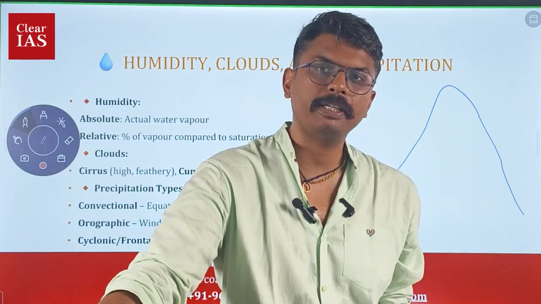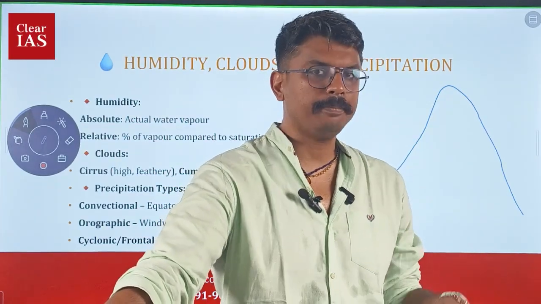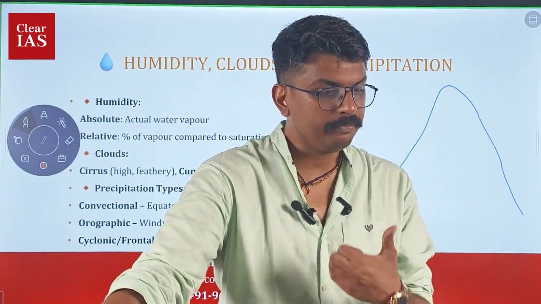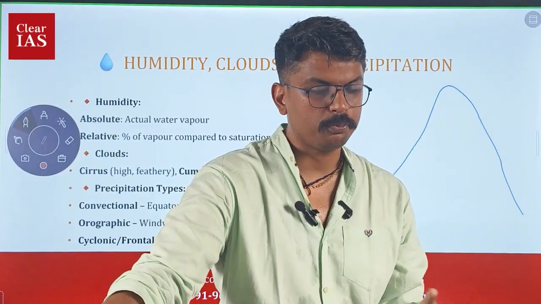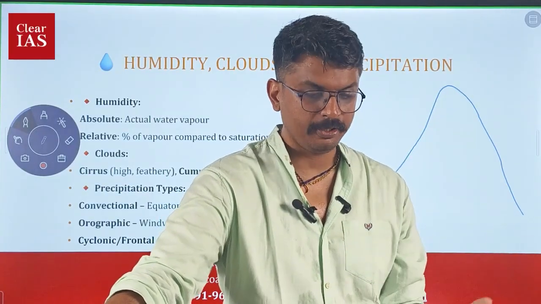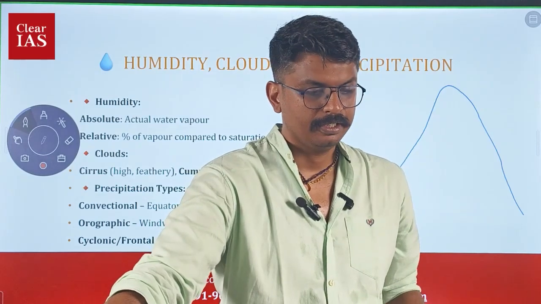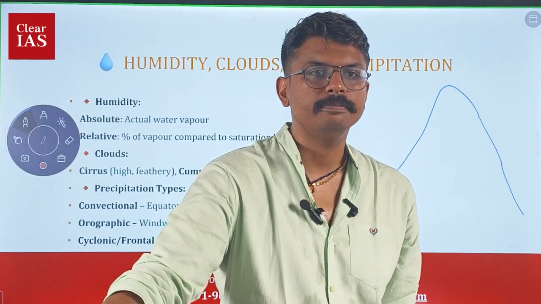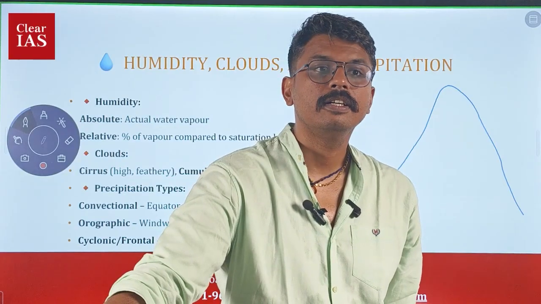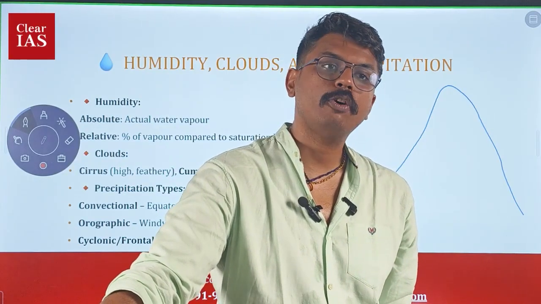Please make mistakes, but try. When you make mistakes in the class and people laugh at you, you will remember that point forever in your life. You would never make that mistake again in your exam. So, orographic rainfall. Can anybody give me an idea? Rise and fall of